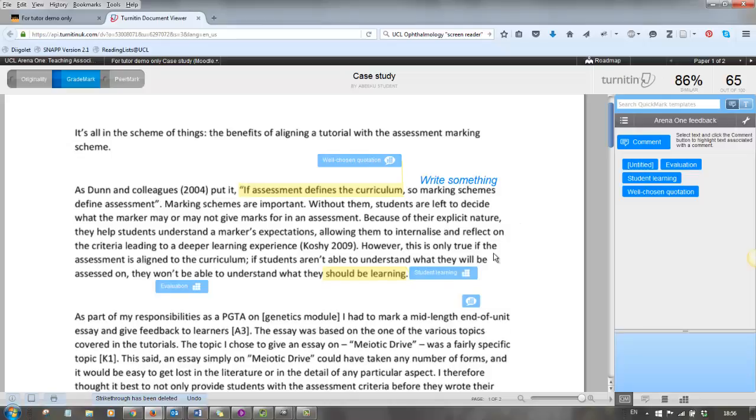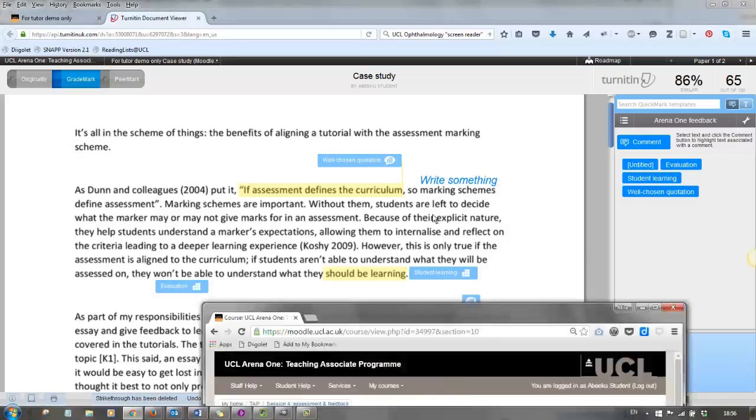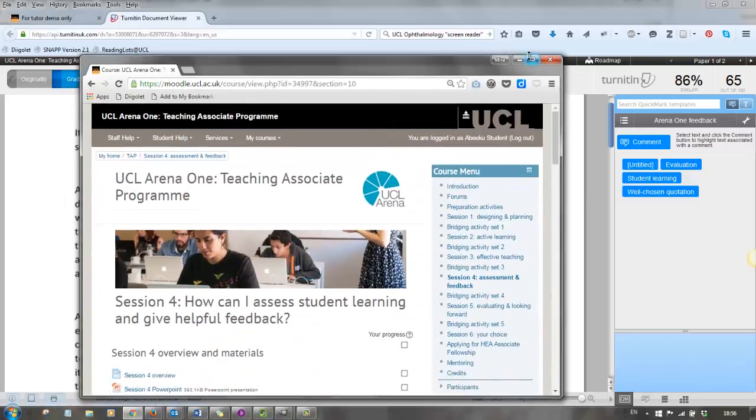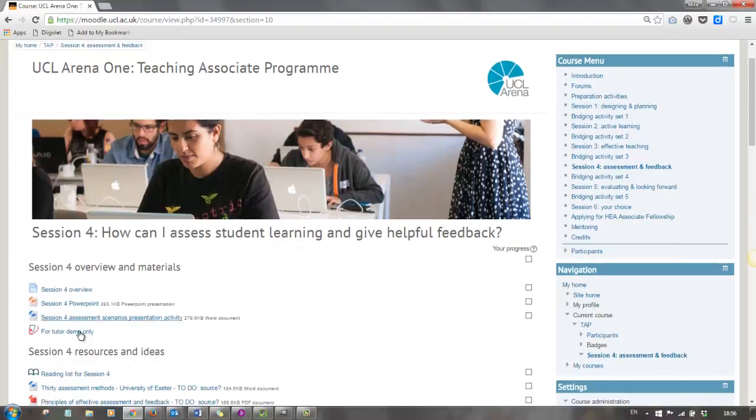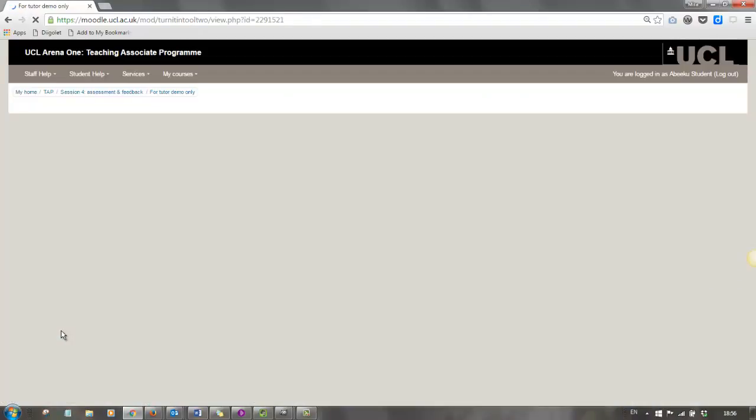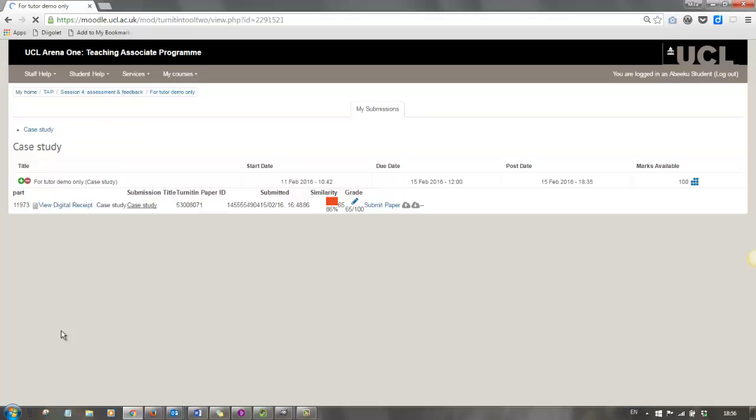So let's now stop being a tutor, and I'm going to go into a student view, and you'll be able to see some of the other things that I've added. So let me pull up somewhere where I'm logged in as the student. Here I am, I'm a Bhikkhu. I'm going to return to my piece of work,